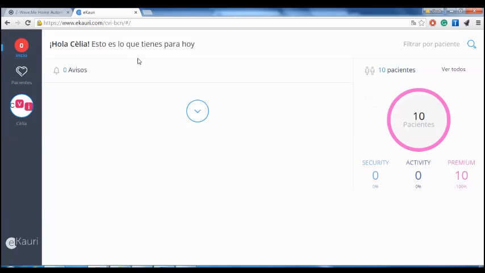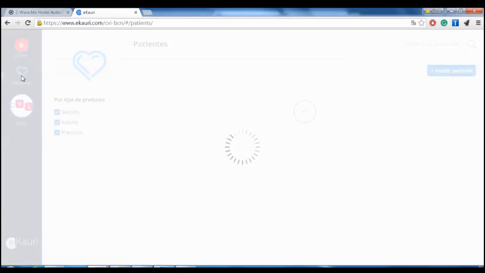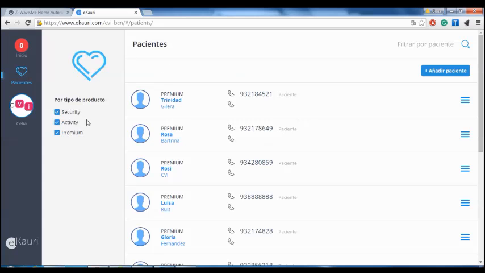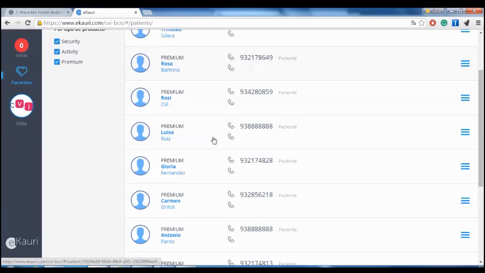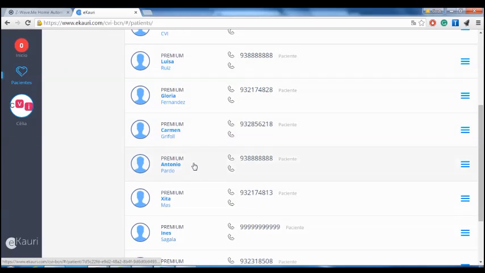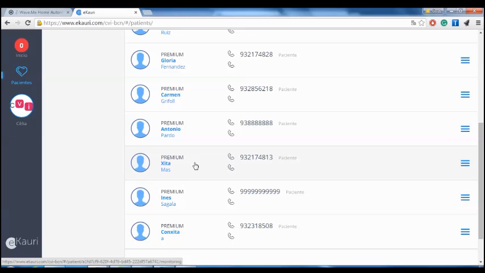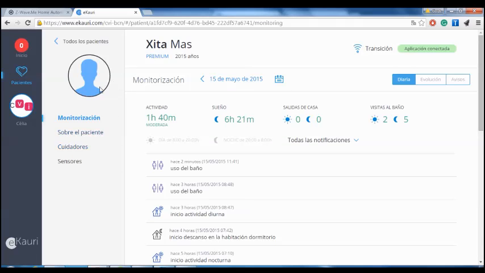and on this website you can directly see if all the data of the sensors is being transferred to this website. You press Pacientes, and then you go to the specific user. I will just choose a random user in this case, and you go to Sensores here,